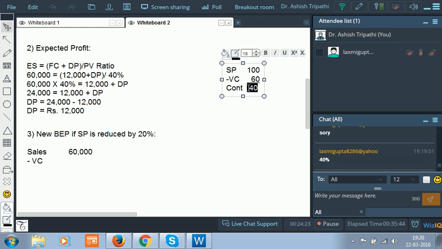Now in this case, if you see the example which I have given you just now, selling price is 100, variable cost 60 and contribution 40. So in this example our PV ratio will be,